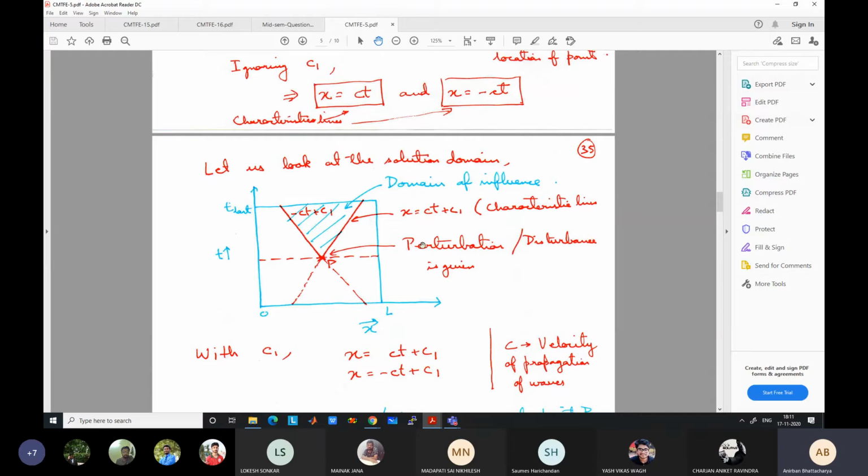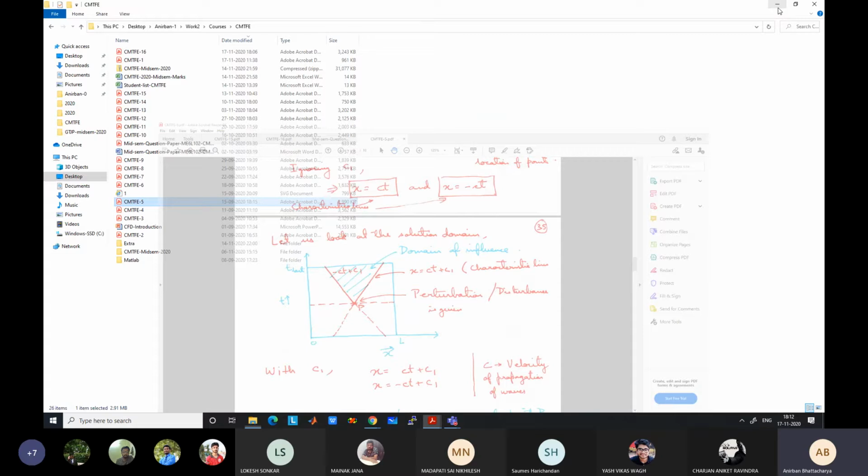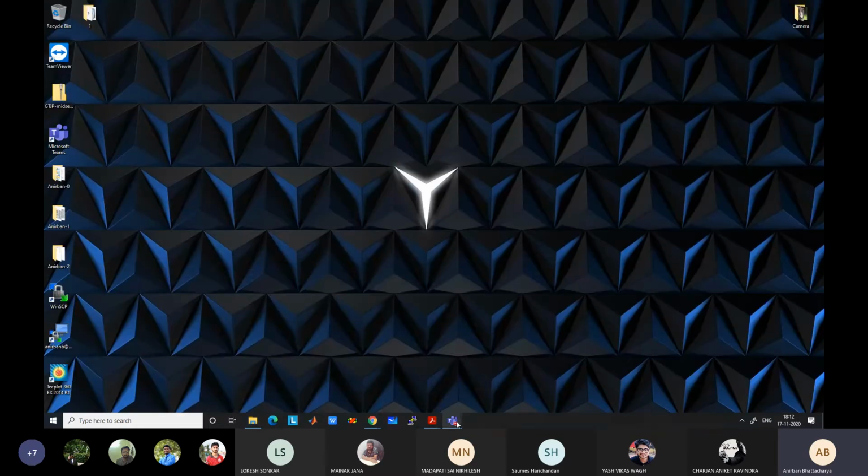Here they are bounded by the characteristic lines. You should show the equation for the characteristic lines. These lines are not arbitrary, right? This needs to be shown: what are the equations for these characteristic lines, and how they depend on the variables. Above this point, they bound the domain of influence, and below this point, the characteristic lines bound the domain of dependence. Okay, so if you have answered it correctly, you have got full marks for this. Okay. Next question was, let me just check something.